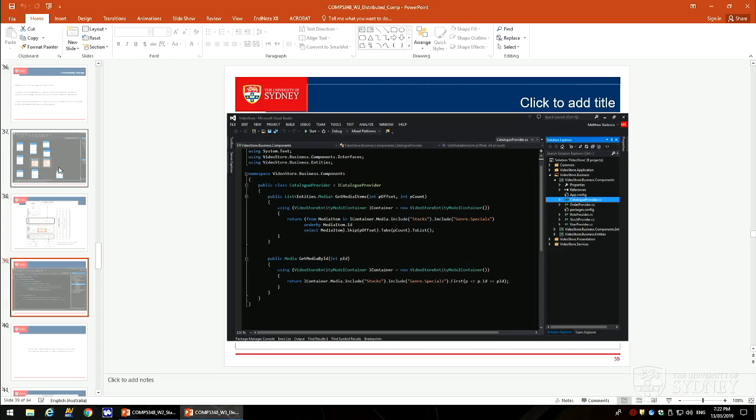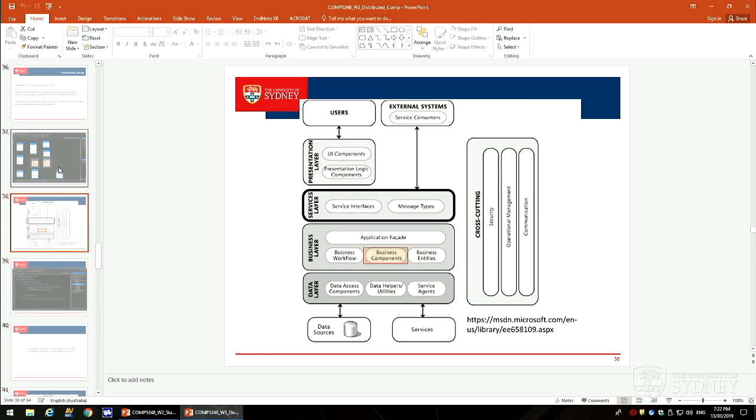So when we do have those types of layers, we tend to have mapping between the layers. We've got these type of objects here and these type of objects here, and we want to map between them. So he's using a tool called AutoMapper, which will generate the mapping between those objects. But a lot of that code he's not actually writing, it's written for him.